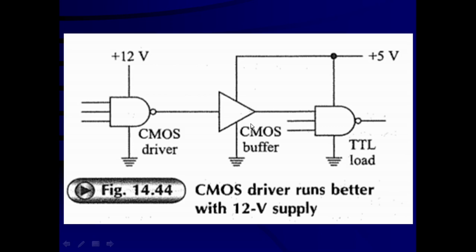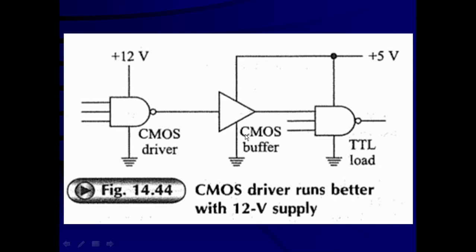When the CMOS buffer is in the low state, it can sink a maximum current of 3.6 milliampere. The standard TTL input, when it is low, that is less than 0.8 volt, needs 1.6 milliampere current to be sunk. So that current is sinking through this one. So the CMOS buffer driving a TTL load still has a fan out capability of 2.